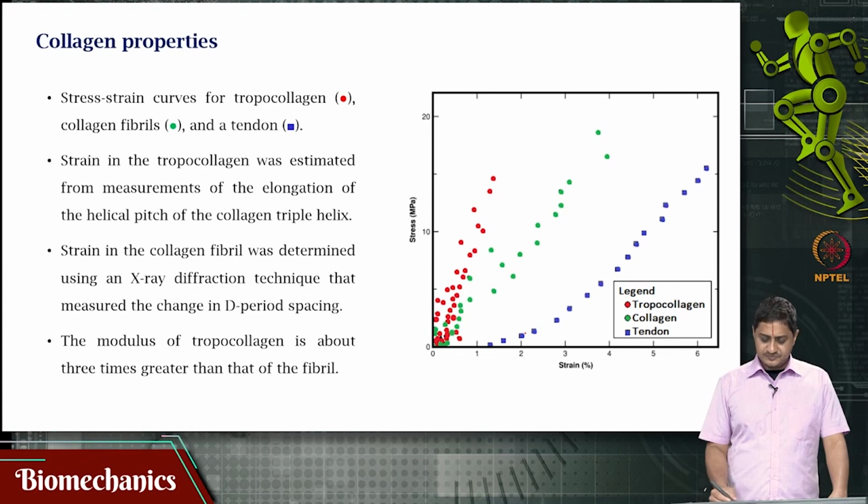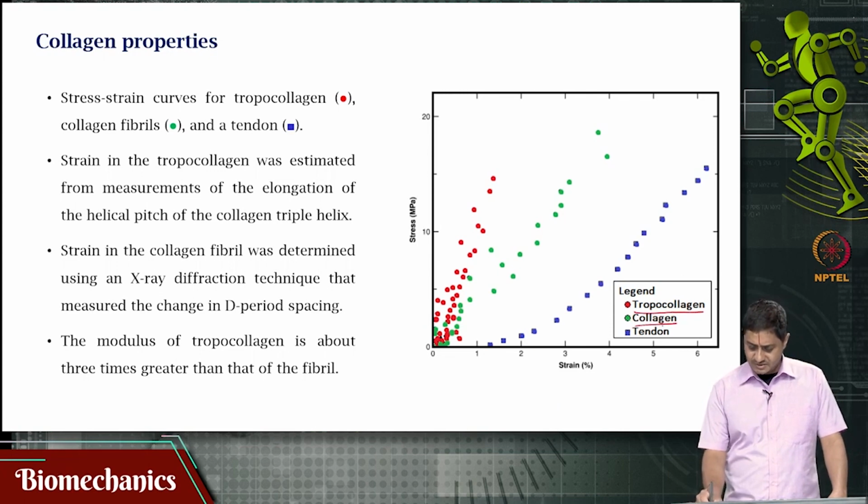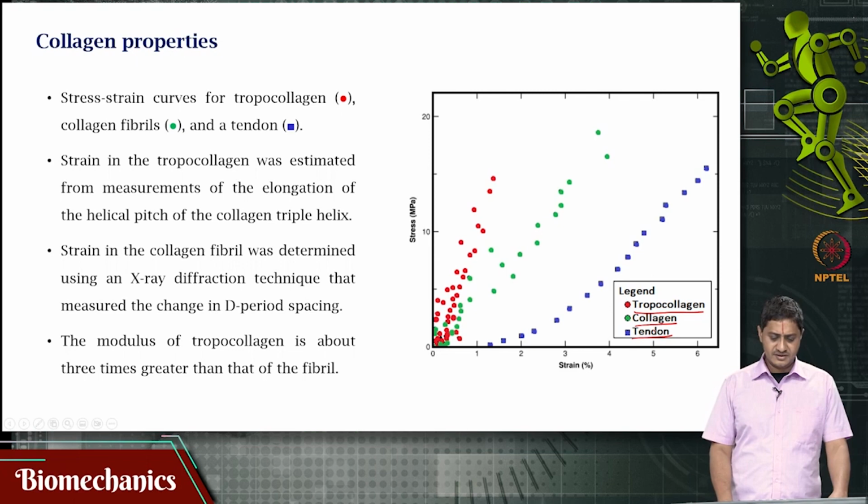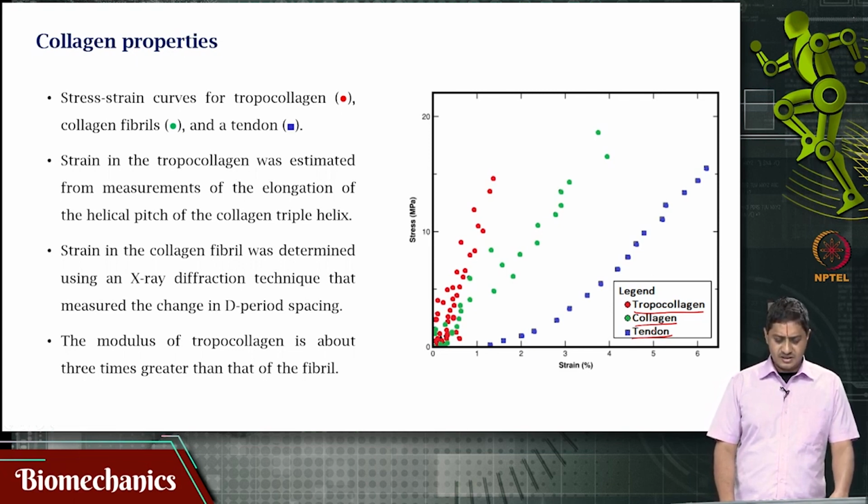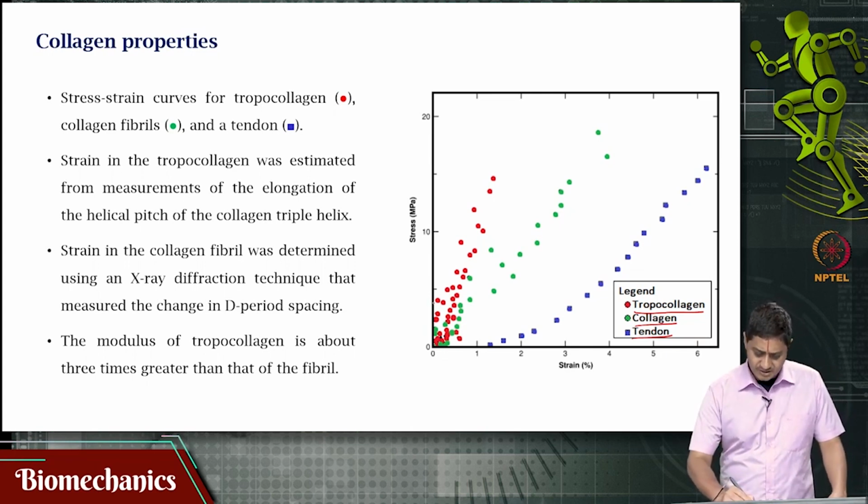Here what is shown is the stress strain curve for tropocollagen, collagen and tendon. Of course, these estimates are by measurements of elongation of helical pitch of the collagen triple helix in the tropocollagen, and in the collagen fibril this was determined using an X-ray diffraction technique. And what you observe is that in general,